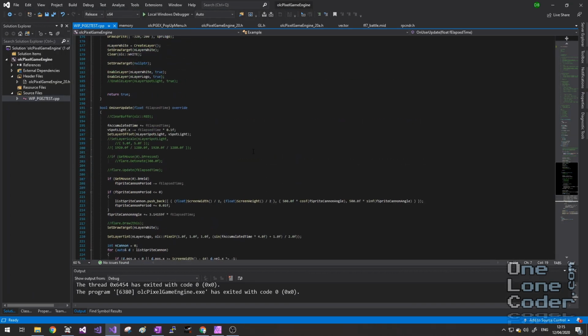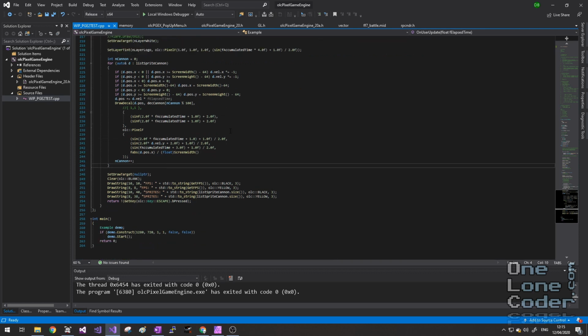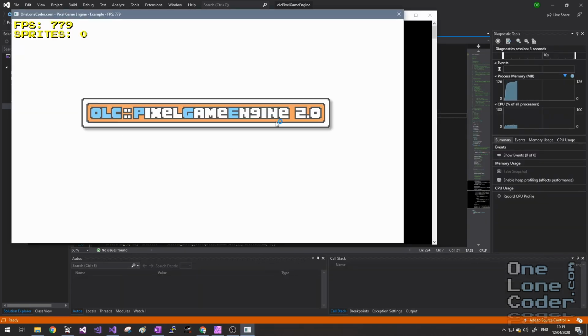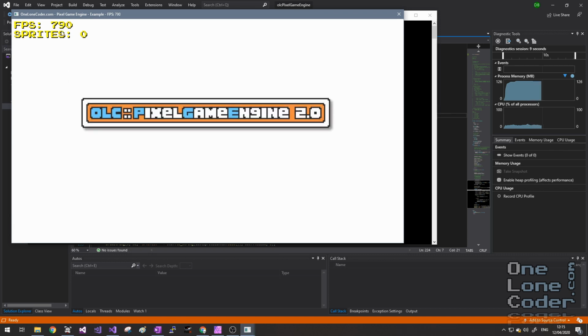Now, whenever I've created a new bit of technology and made a video about it, invariably I find a way to destroy the YouTube video encoding algorithm, and so this code does exactly that. I wanted to see how many sprites we could really throw at the rendering system. So here we've got the PixelGameEngine 2 logo pulsating in the background. It's just being drawn with an alpha that changes. We can see the frame rate is about